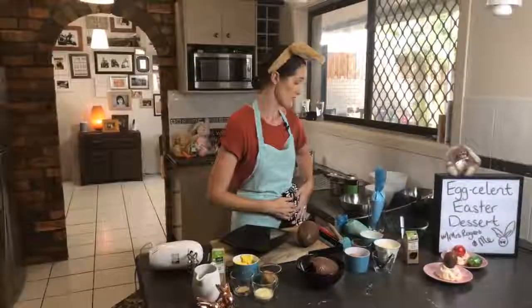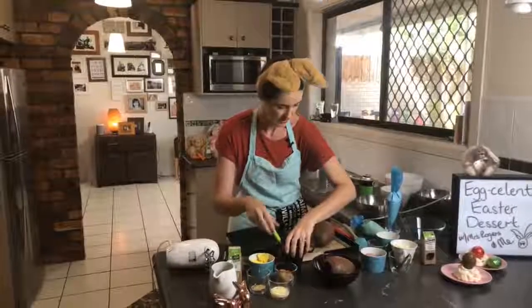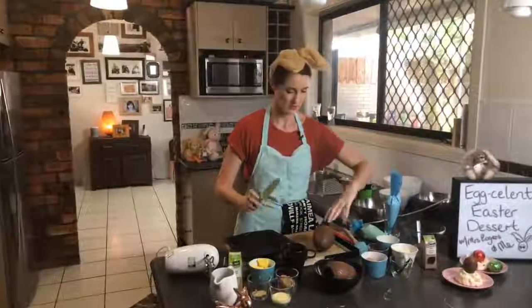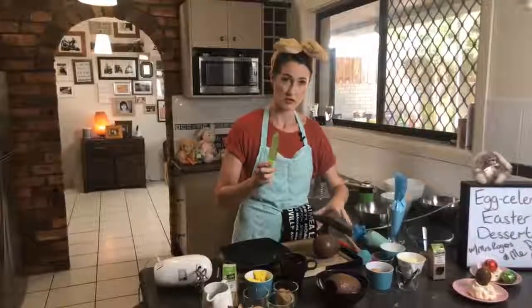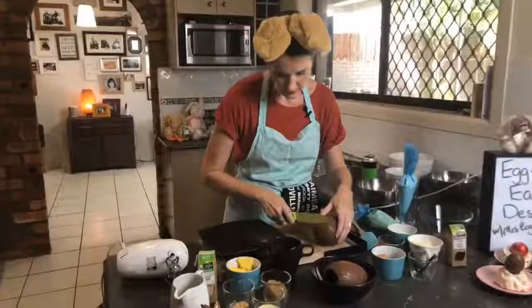I actually popped this in the freezer for about 5 minutes so that I could handle it easily and not leave my gooby fingers. Not lips this time, fingers. Now this knife has been soaking in some boiled water, and then I just very carefully...